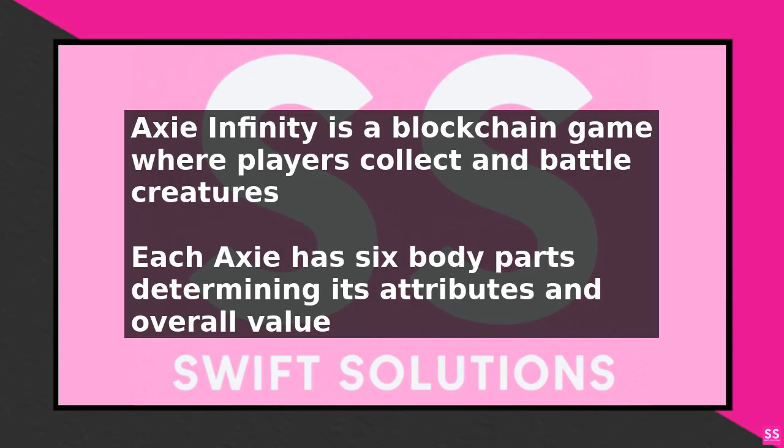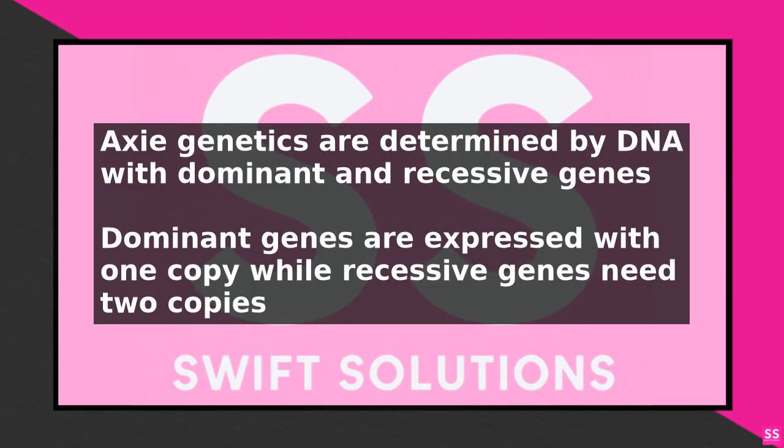Each Axie has 6 body parts, including eyes, ears, mouth, horn, back, and tail. These body parts determine an Axie's attributes, such as health, speed, and attack power. The genetics of an Axie are determined by its DNA, which is made up of a combination of dominant and